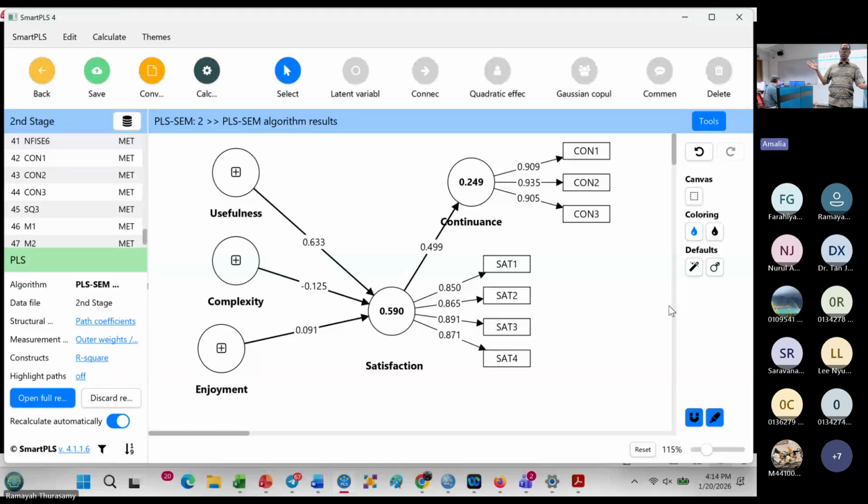Difficult, right? Separate the hypotheses. Then you can say which hypothesis is supported and which hypothesis is not supported. That's why we need to be clear. Okay, so if you open your full report,